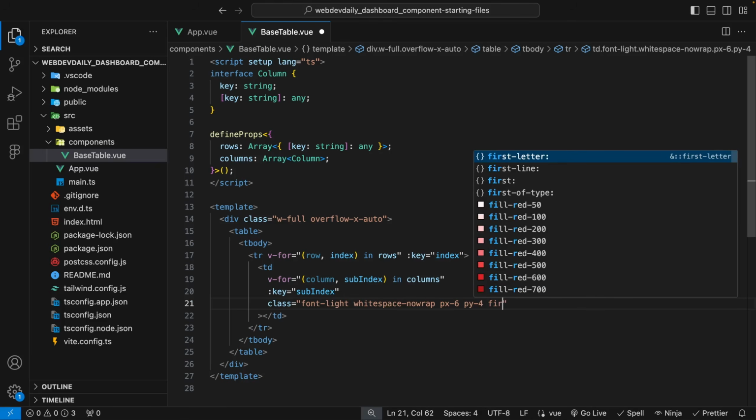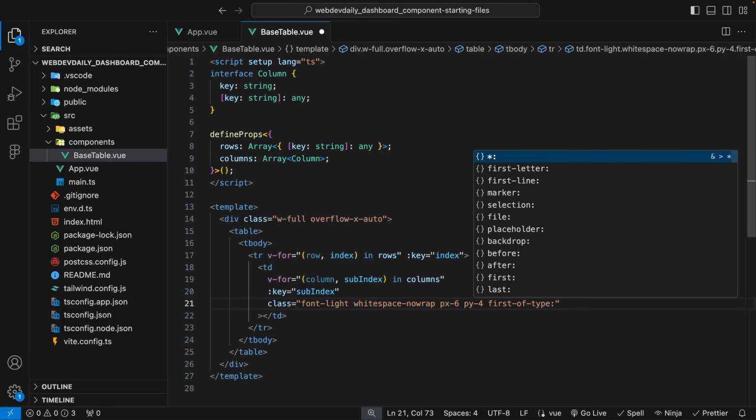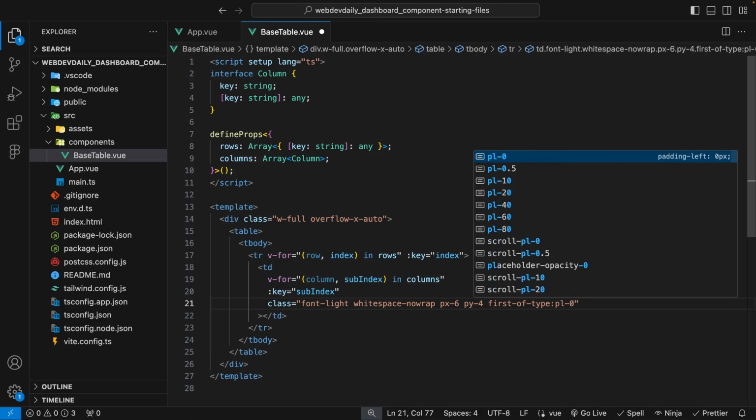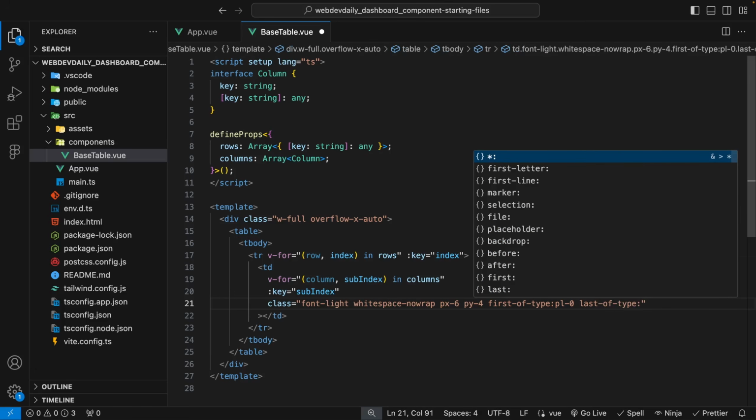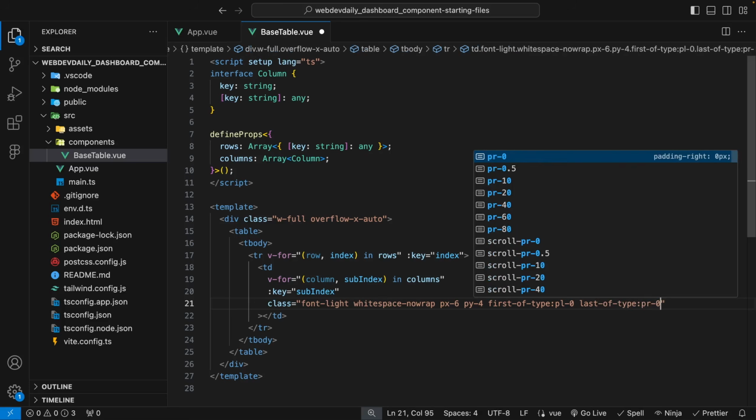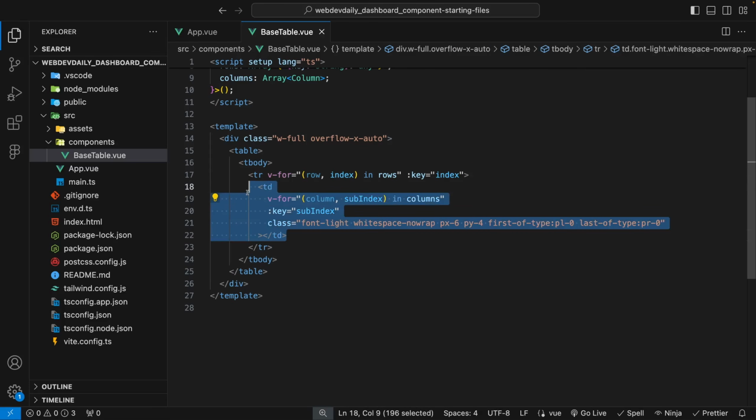And to do this, we can say first of type, and then we can say PL and set this to 0 to get rid of that padding on the left. And then we can also do the last of type, and we can set the padding on the right to also be 0. Now for our table data, we're going to want to have the ability to modify the markup